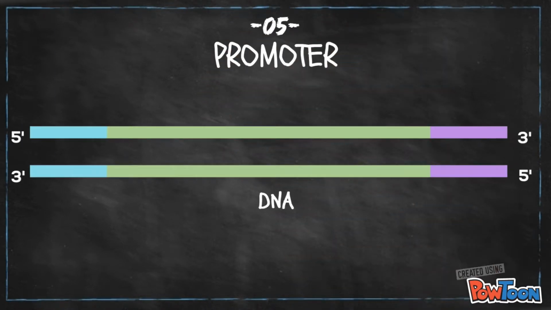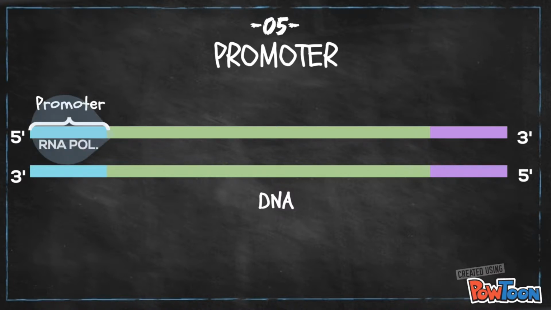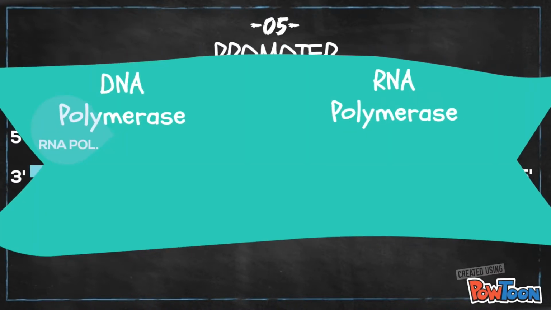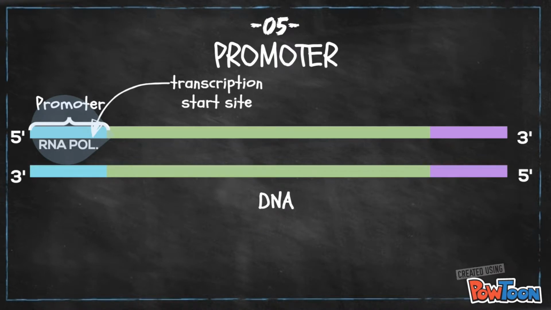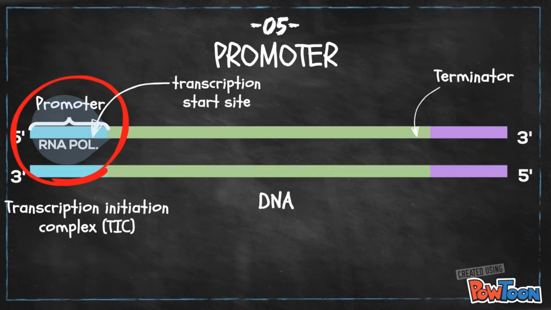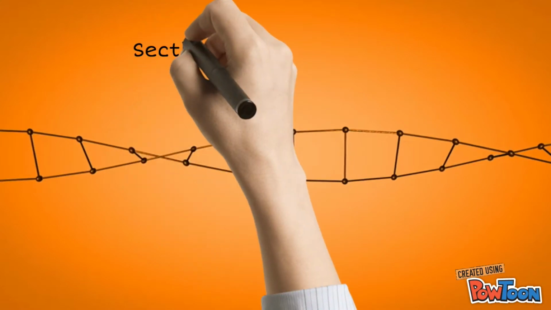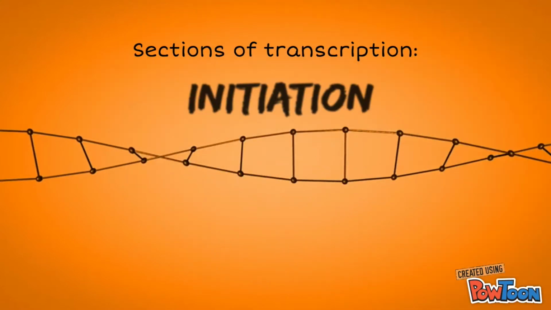First, let's introduce the concept of promoter. It is a sequence of DNA that combines with RNA polymerase and starts the process of transcription. Unlike DNA polymerase, RNA polymerase doesn't need any primer to start to transcribe. Usually, there is the transcription initiation site within the promoter, and the terminator, which is a sequence that ends transcription, besides the process of transcription. The whole process can be divided into three sections, which are initiation, elongation, and